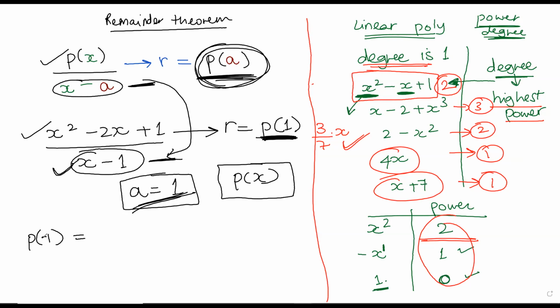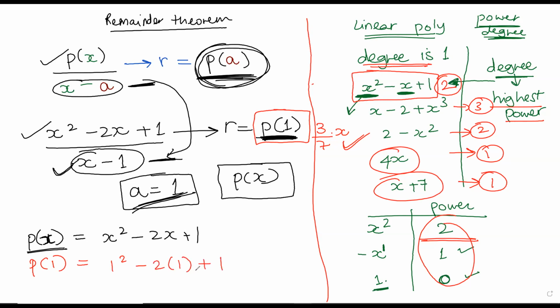Right. Exactly. So I am having to ask you many times before you actually respond. So it's x square minus 2x plus 1. This is our P of x, right? Now, Mridula, can you tell me what our P of 1 will be? Ma'am, 1 square minus 2 into 1 plus 1. Very good. Yes, that's right.